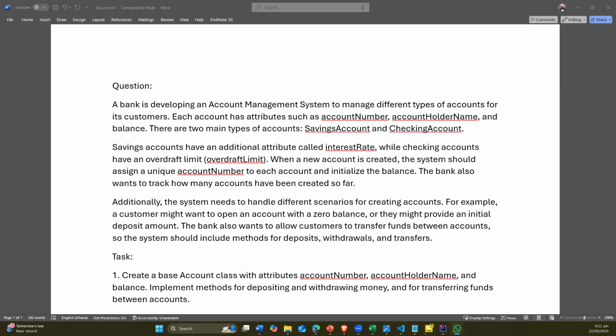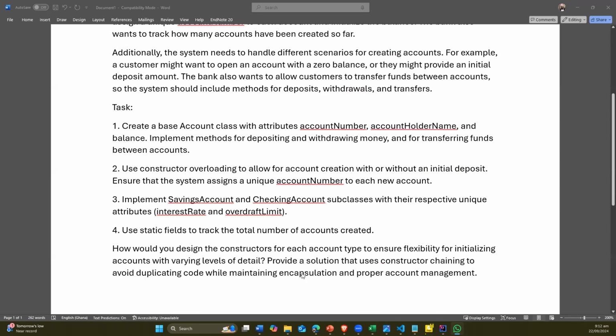Task number one: create a base account class with attributes: account number, account holder name, balance. Implement methods for deposit, withdrawing money, and for transferring funds between accounts. Use constructor overloading to allow for account creation with or without an initial deposit. Ensure that the system assigns a unique